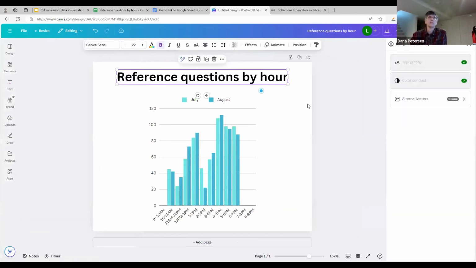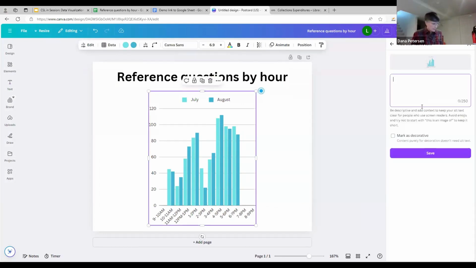Awesome. It does a little magic. It says my typography is fine, related to my font and my sizes there. It says my color contrast is fine. Oh, good. It says, hey, you need some alternative text. That's great. I can add that. I'm not going to do as good and thorough a job as Sarah did, but I'll give you a start.